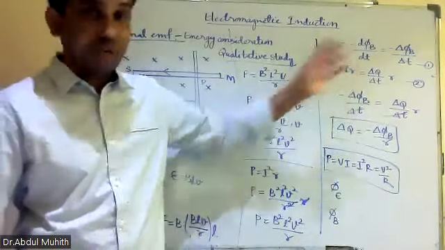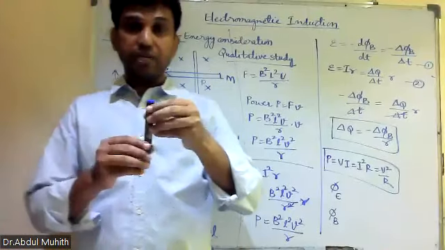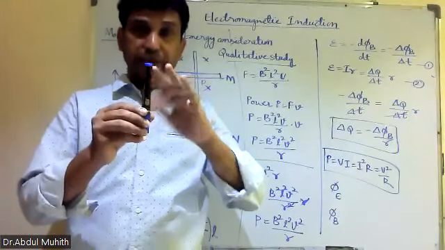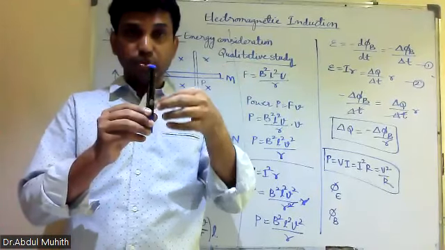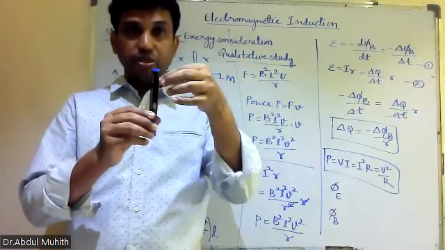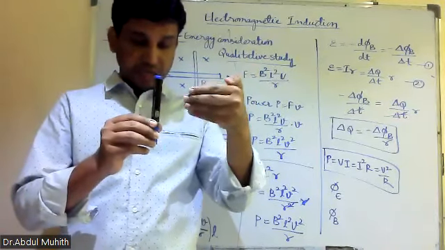What did Faraday say? According to Faraday, if there is a wire with no current in it, and you change the magnetic field, current is induced in this wire. Now people ask how current will be induced, because this magnetic field,